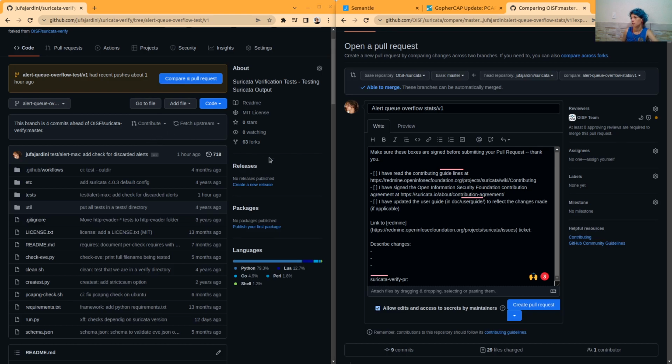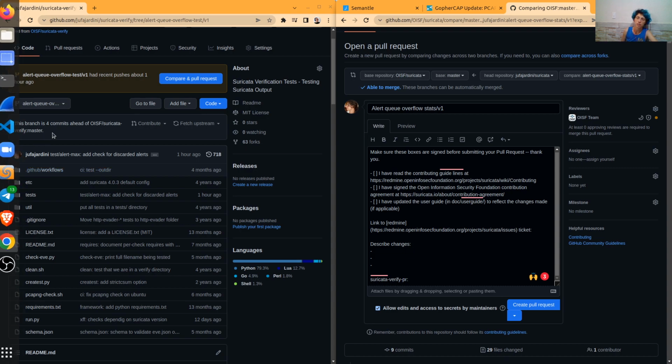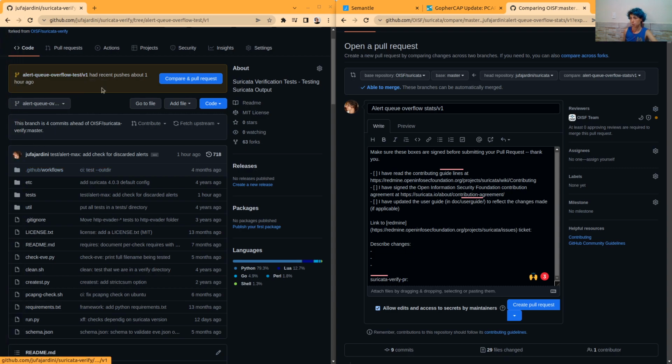And I'm wondering if instead of having it as a pull request, I should just have a branch. But maybe I shouldn't worry that much because it will be just a draft.